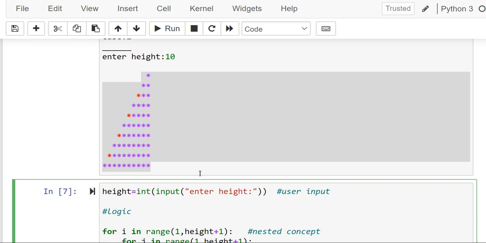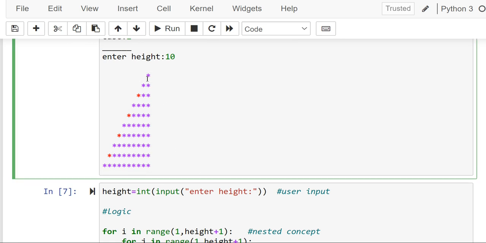So like here, two for loops are used to execute the column wise and row wise. So we are going to execute column wise. These are all the columns, these are all the rows. To execute the row wise we are going to work with the main loop, and to execute the column wise we are going to work with the inside loop like this. So for every row we are going to execute the column loop here.